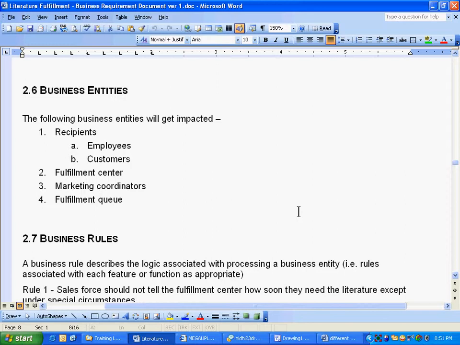We can look at your document and say, you know what, at this point just add a picture. I think we can make a picture for this. For example, for the statement 'the following business entities will get impacted,' I can make a picture with little man-made figures, like in use cases where I drag and drop those. I can make a picture and then paste it here.